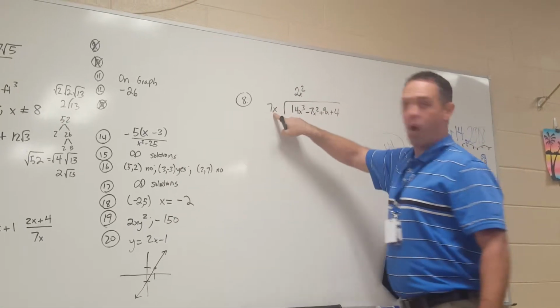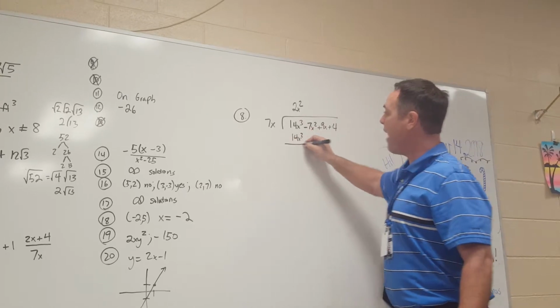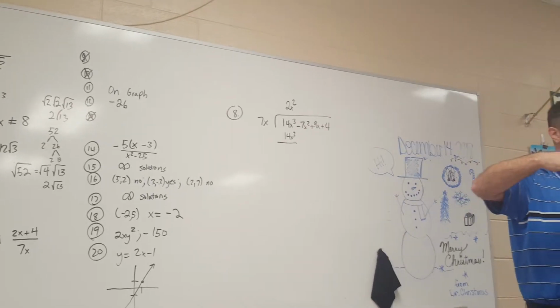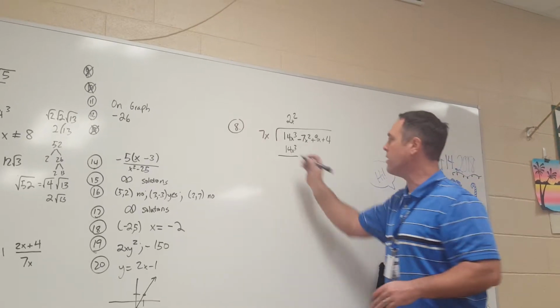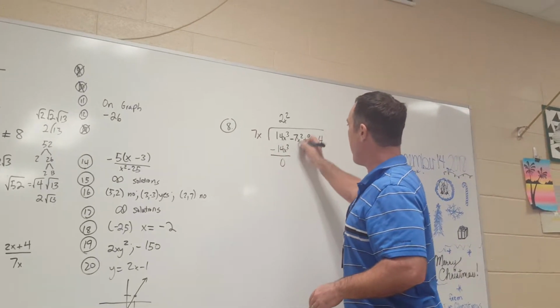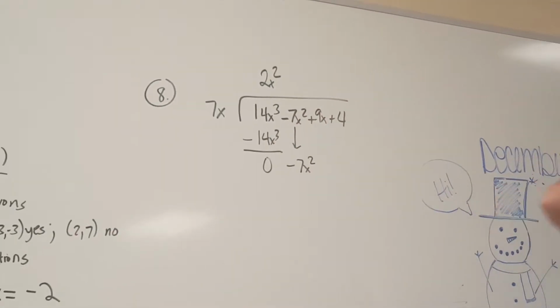Okay, and then we multiply it, which we get 14x cubed, and then we do what? Yeah. We change the sign or we subtract it. We only have one term, so it's easy. Okay, if we subtract it, it goes away. Bring down the next one. Negative 7x squared divided by